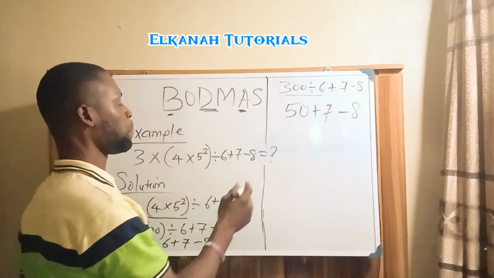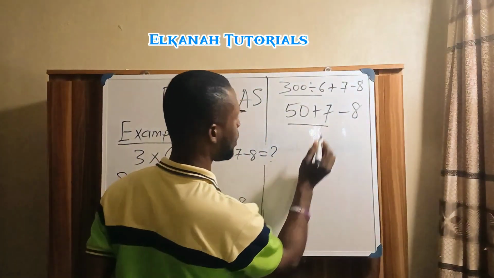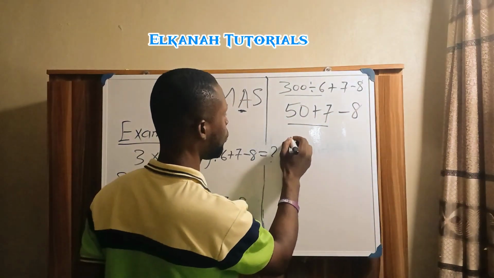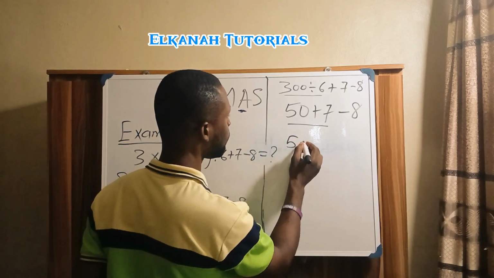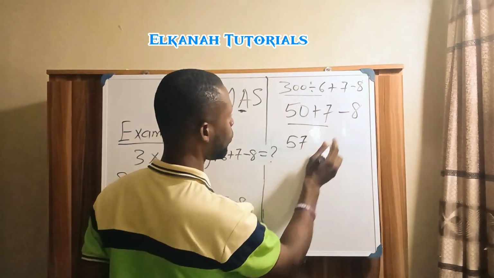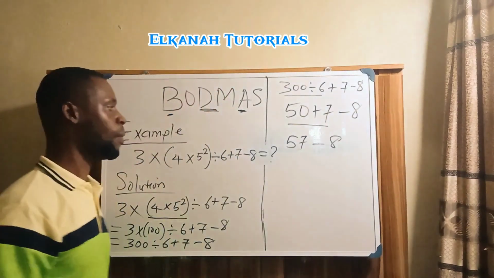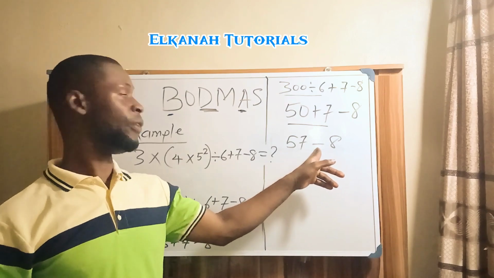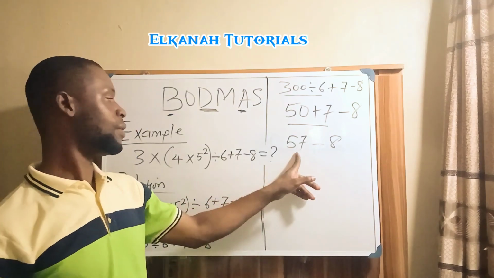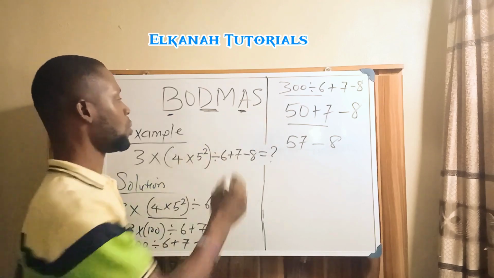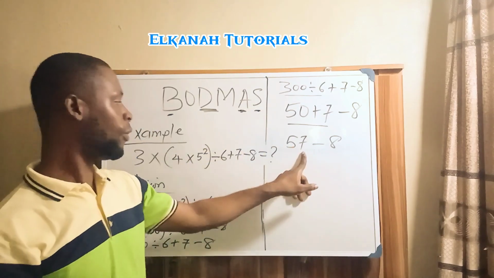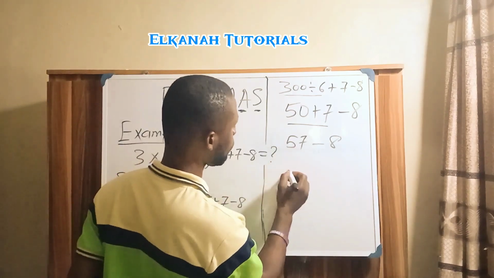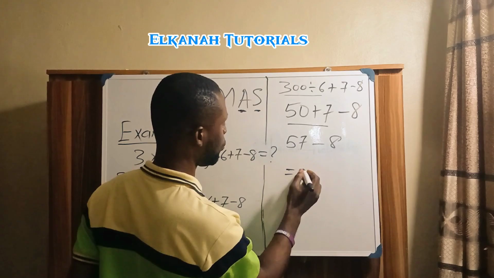So we're going to handle this side now. 50 plus 7, what are we going to have? We are going to have 57 minus 8. So we are left with only one arithmetic operation. So it's very easy now. How do we simplify this now? The last one is subtraction. So 57 minus 8 is going to give us